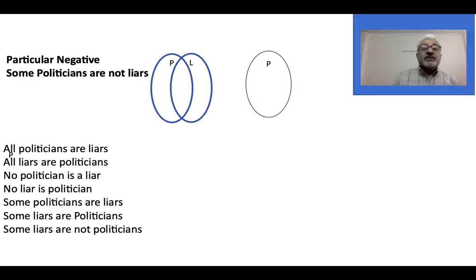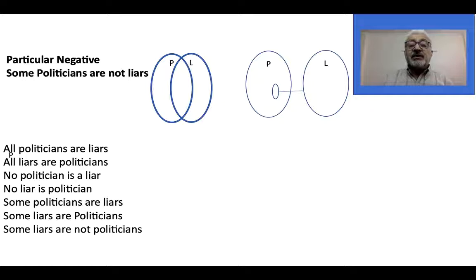Now, this is the group of politicians. If this represents your politicians, then some would be what? A small part of this should be called some. So we are referring to this small part of P, and it says that they are not liars. So this is away from liars. So let's have a group called liars. And what should we do next? Keep this little part away from liars. We should draw a bar between them to indicate that this part of politicians cannot ever meet the liars.